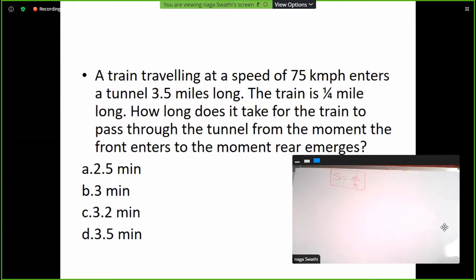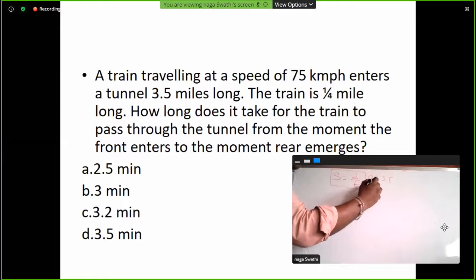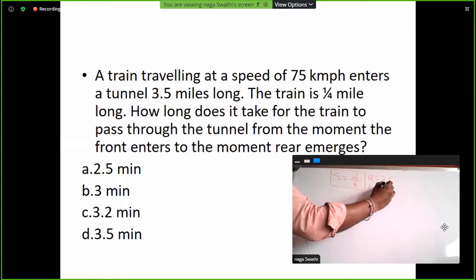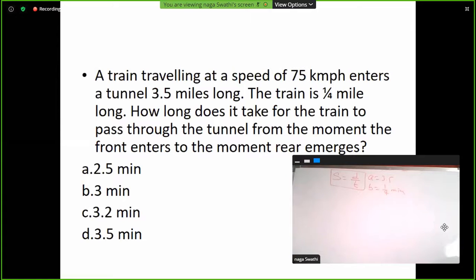Okay. So here we know the value of A and B. A is equal to 3 by 4 miles, B is 1 by 4 miles. How long does it take for the train to pass through the tunnel from the moment